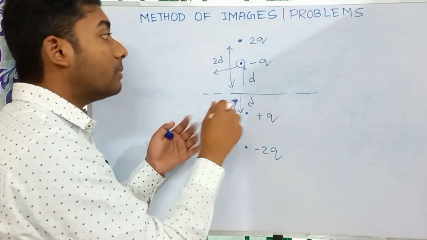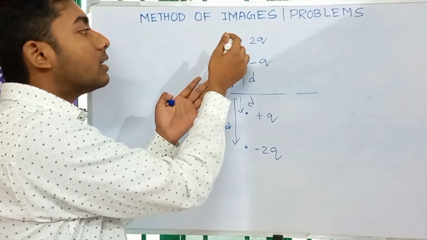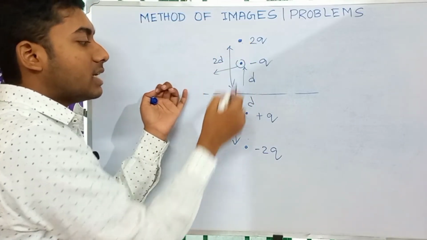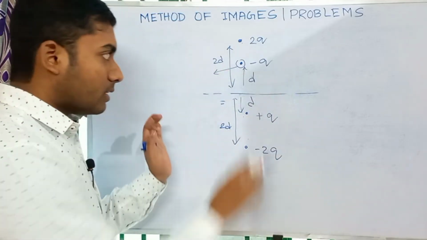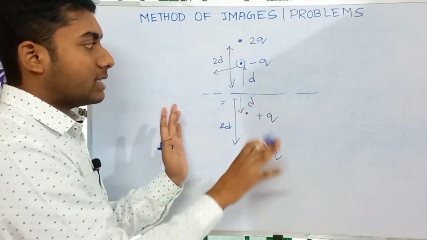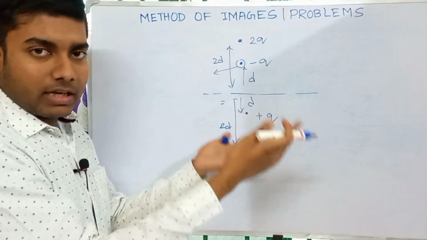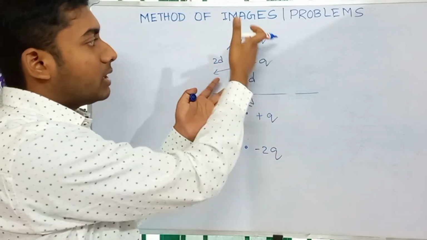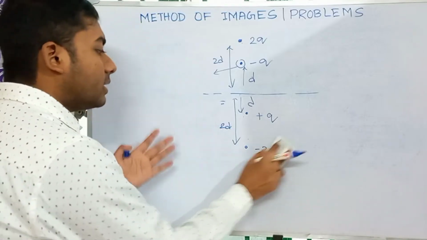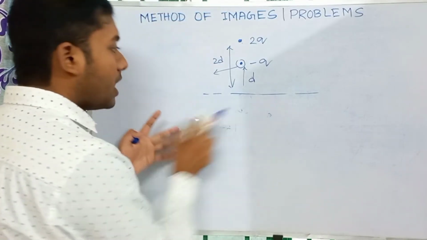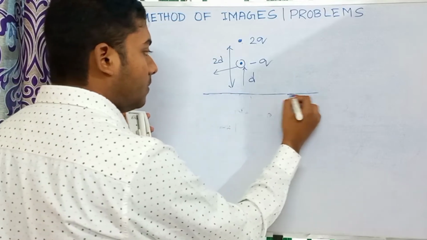How can I do that? You have to find the forces on this charge due to this charge and this charge, and that's all. You will get the answer. The force applied by the other charges on this charge is the electric field multiplied by the amount of the charge. So it is easy. Now another type of problem is like this, that you have this conducting plane,